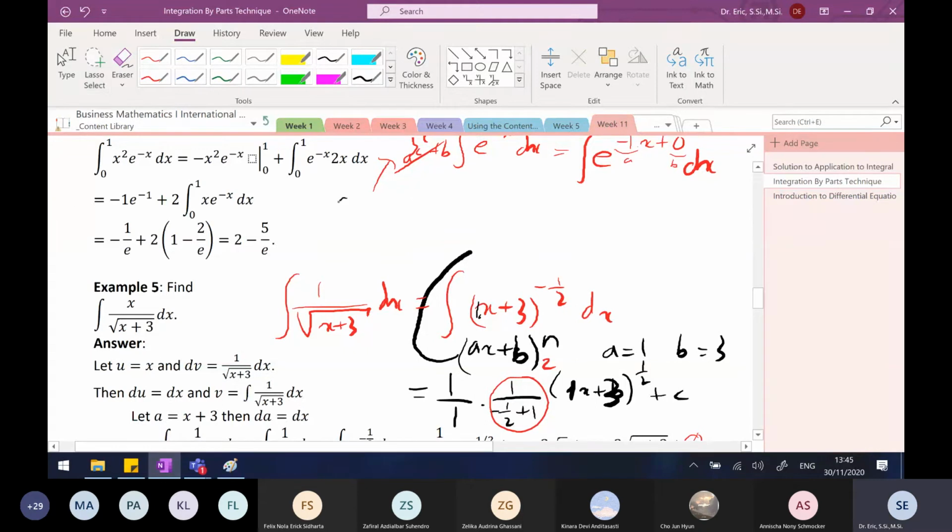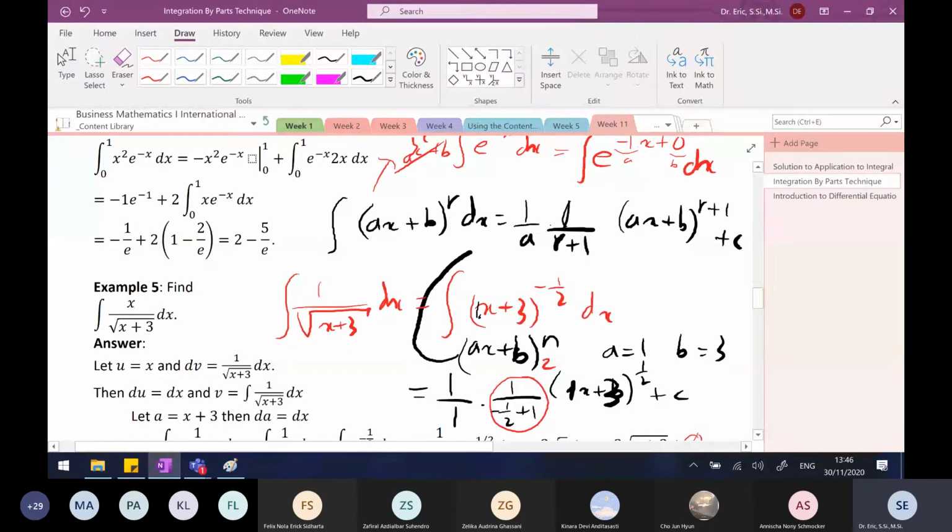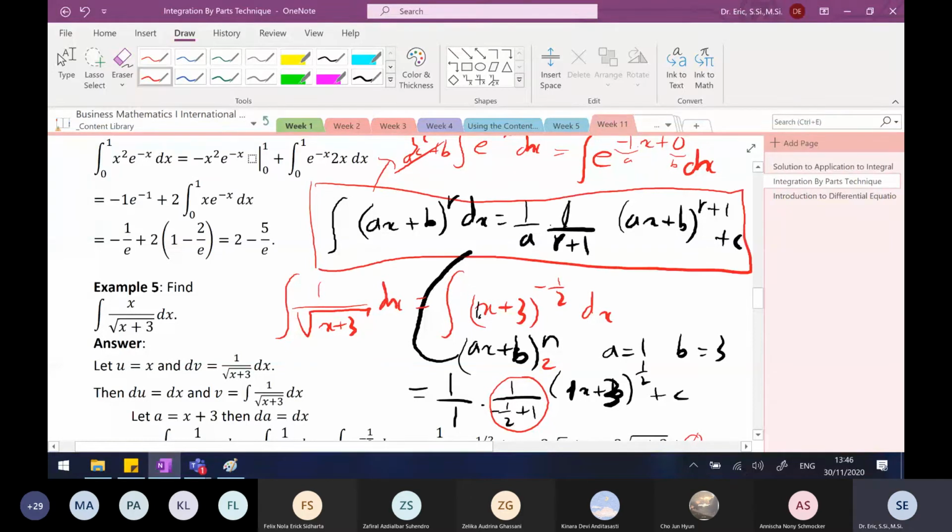So I have the integral of (ax + b)^r dx. It will give you 1 over a, the same as with e to the power of ax + b, yeah? 1 over (r + 1), (ax + b) to the power of r + 1, plus a constant. So you have this, yeah? But r cannot be minus 1, because if r is minus 1, you have 1 over (ax + b), and that will give you ln